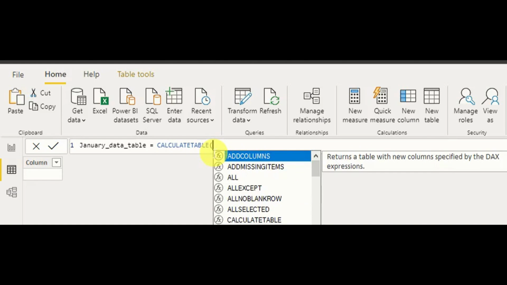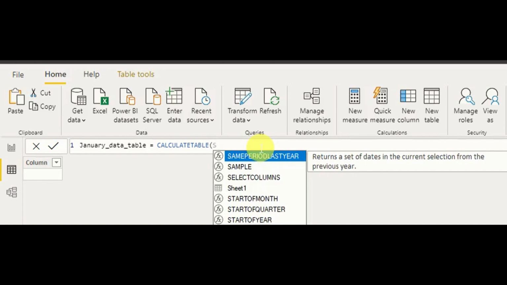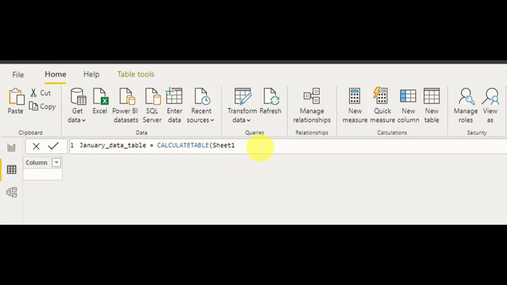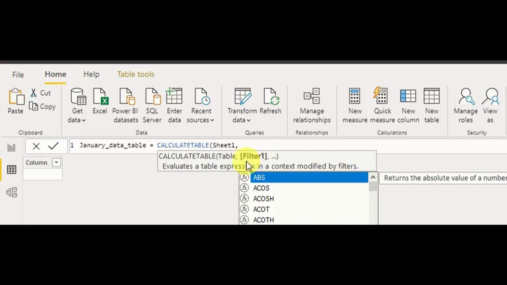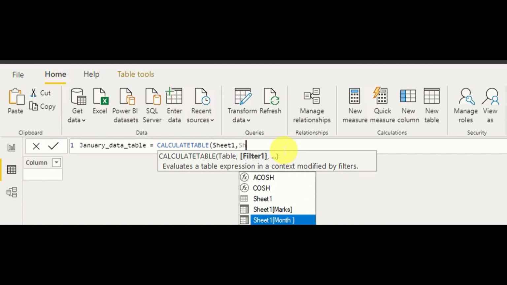Right, so as the first argument we have to give the table name, that means Sheet1. Then in the CALCULATETABLE function, I have to give the filters, so we have to give Sheet1 month equals January.